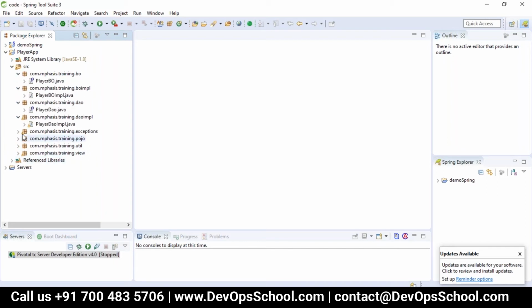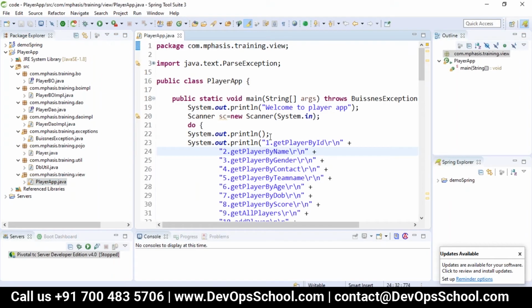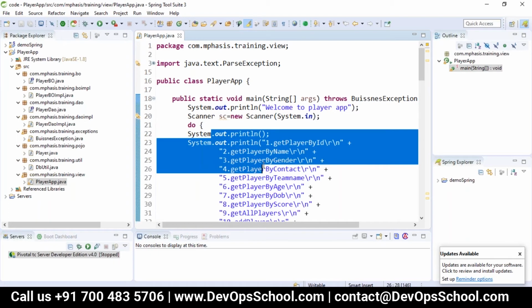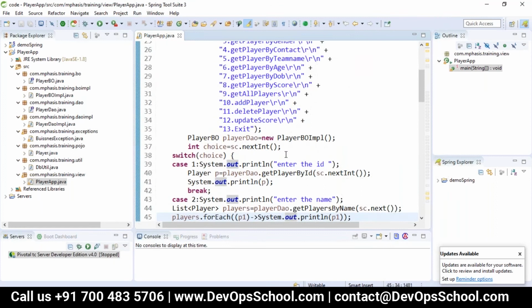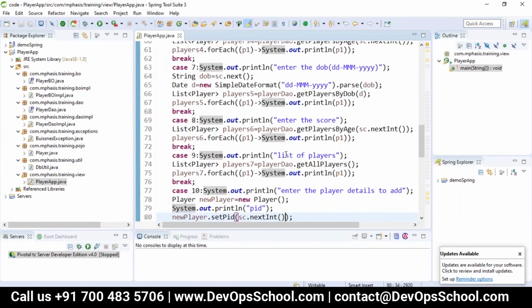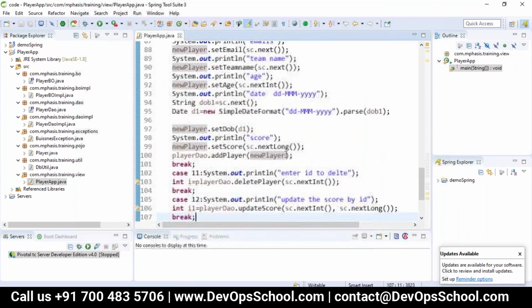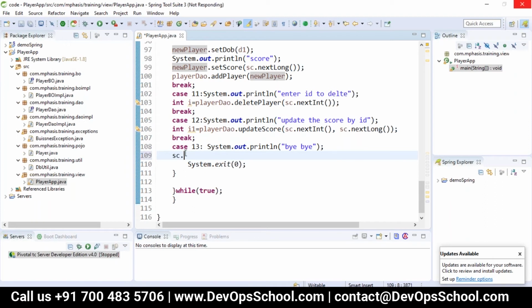It has different layers like a multi-tier architecture, but it is a standalone application. It has details like get player by ID, by name, by gender. It's a menu driven application with switch cases, and once we are closing, I close the scanner with sc.close.